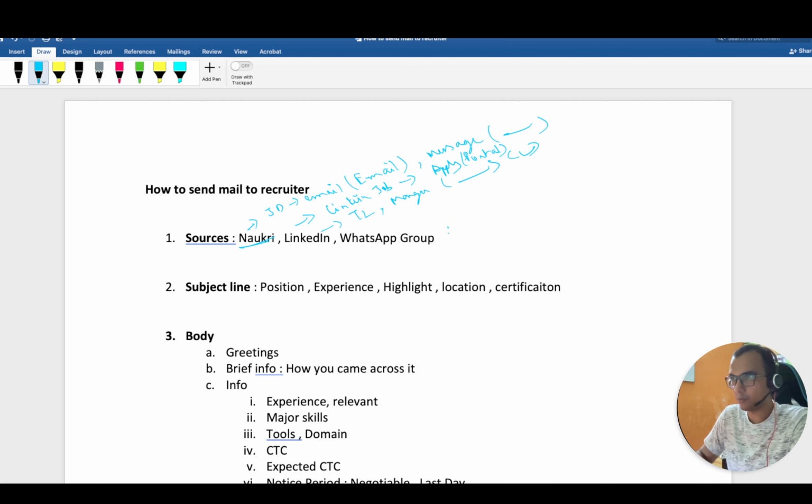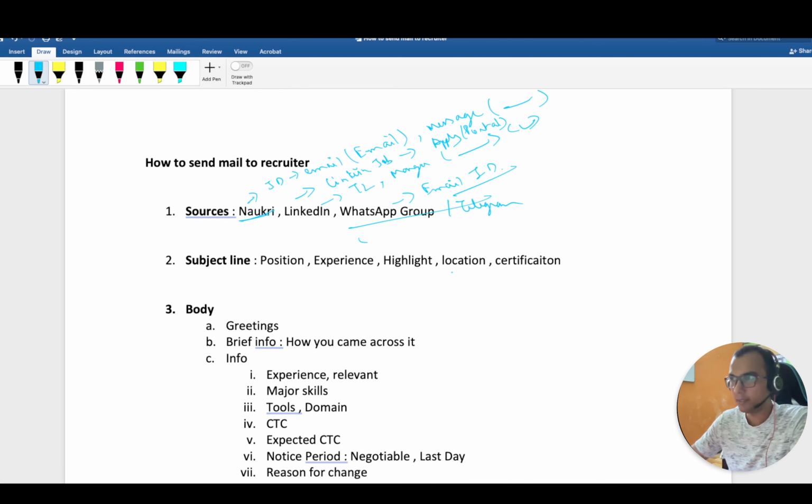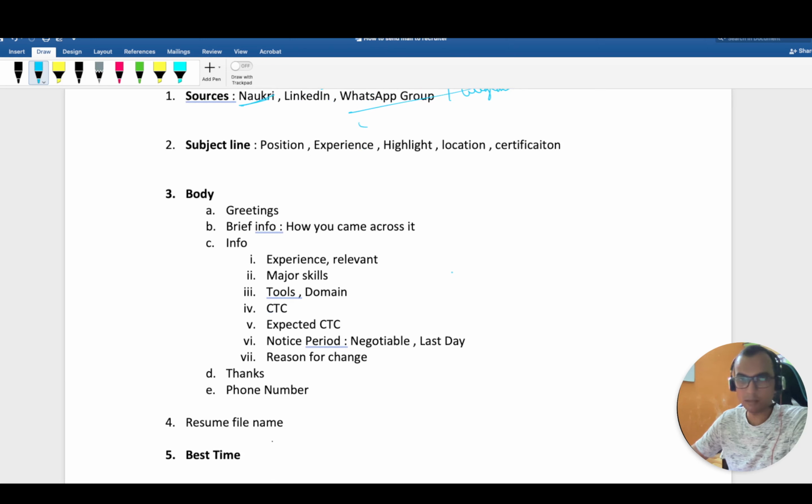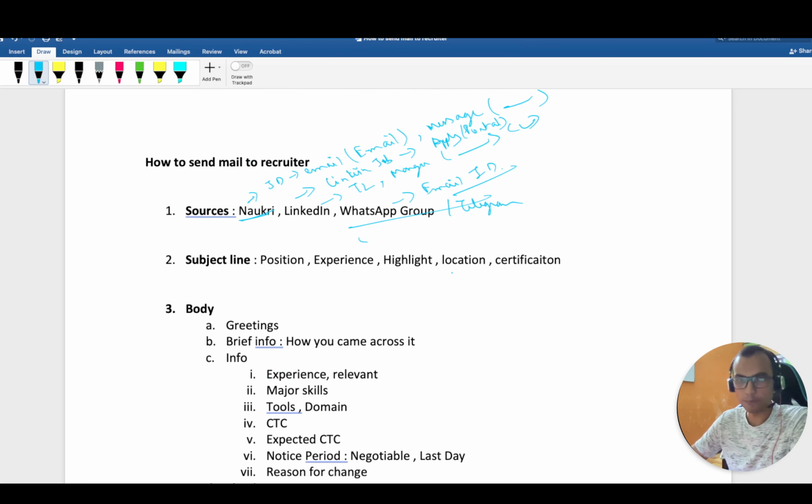And there are some WhatsApp and Telegram groups also that provide email IDs of recruiters, so you have to send your mail to them. Whenever we have to send an email to any recruiter, this will work for you. In this video, we'll see the best possible approach or time to apply, because by doing all these things we are improving our chance of